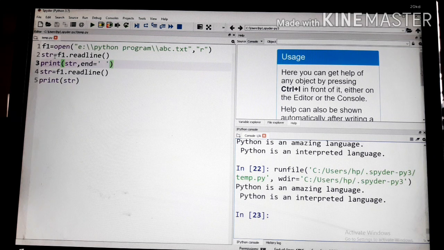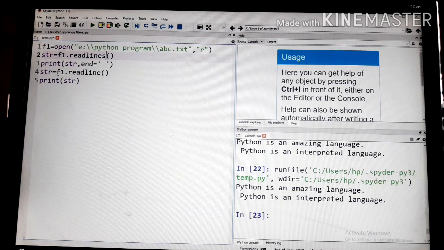Now from the programming point of view, let us see how the readlines function executes. Here we use readlines.